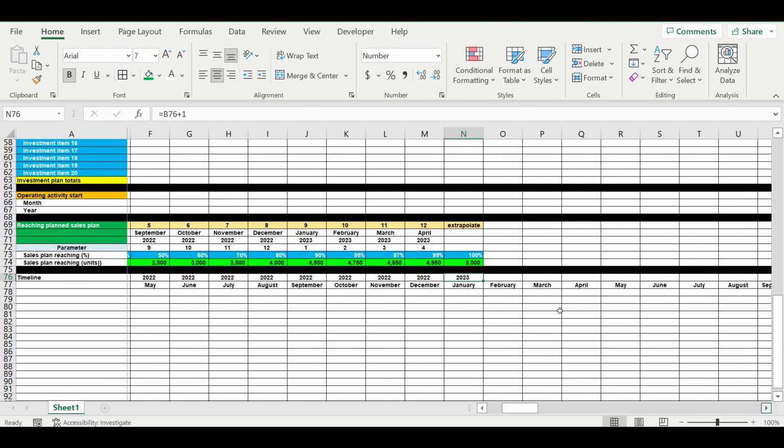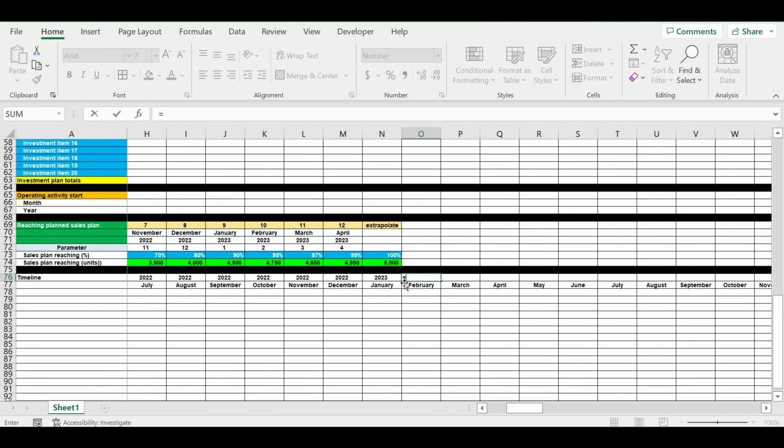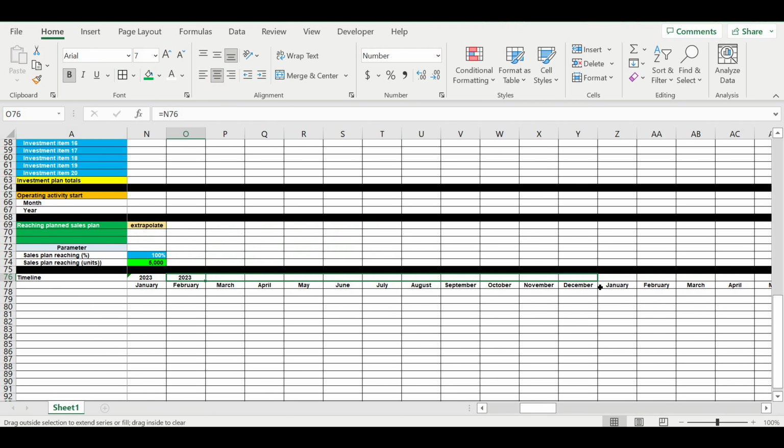Then October, November, December 2023. Then I'm taking this value and just simply copy